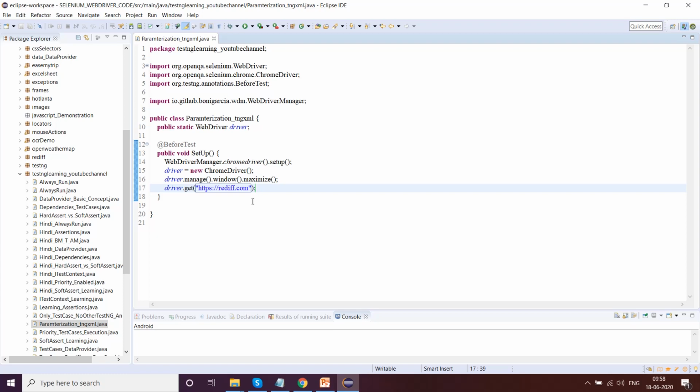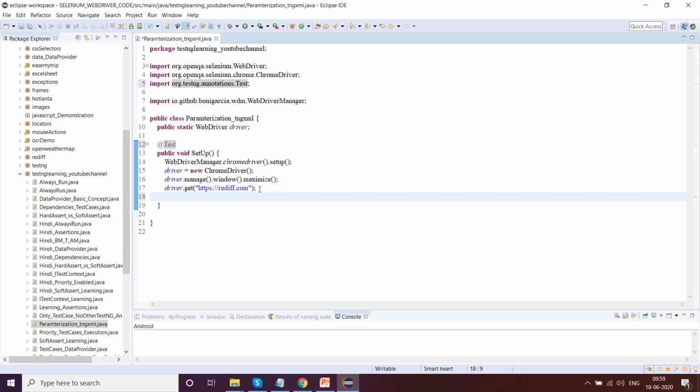So what I'm trying to do here is I'll write the complete code for this particular thing, and then we will jump into how we parameterize. We'll have to create the testng.xml file, and then we'll do this. But first let us go ahead and complete this. We'll do one thing. I'll not write it before test. I'll keep it test itself. You can try it with before test and after test. I'll keep it test, and we will finish off everything in one particular test case. I don't want to make multiple test cases right now and unnecessarily extend this video.